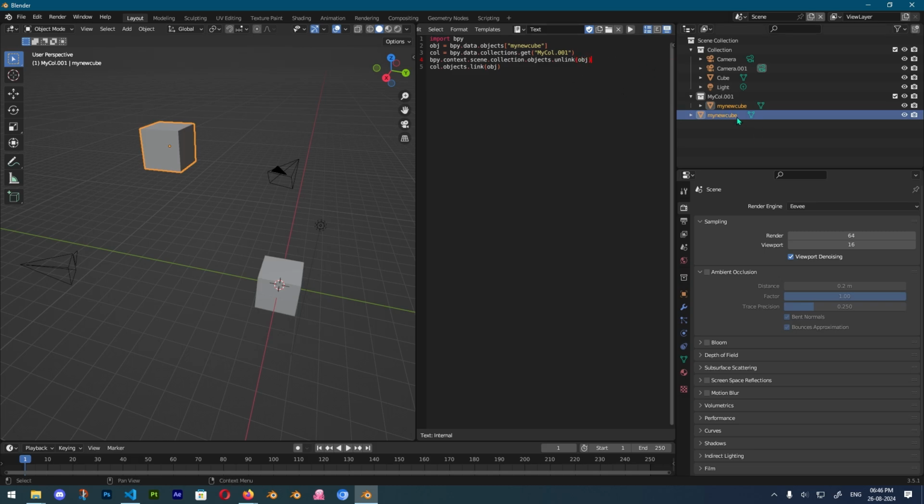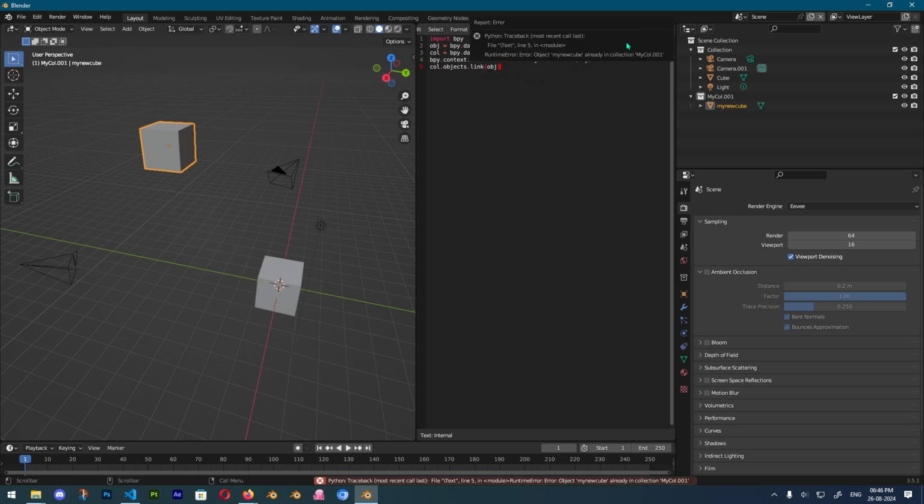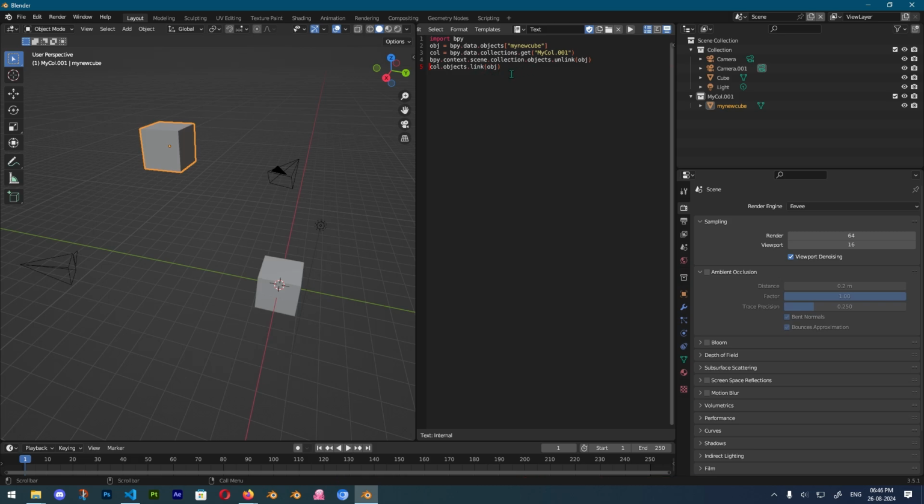This will hopefully unlink it from here and then link it here. But my new cube is already in my call, so this was obsolete. I didn't have to write it. So whatever. Now you can see that it is removed from the scene collection and added to my